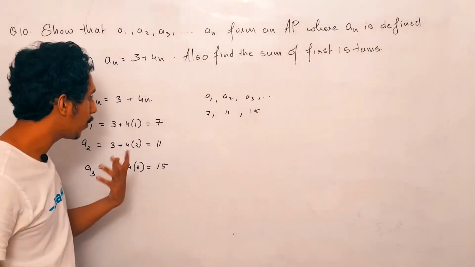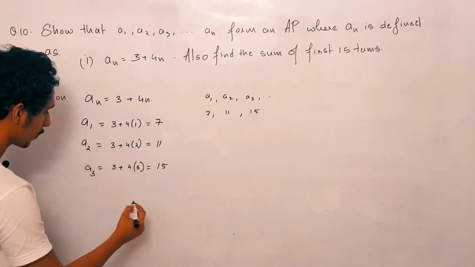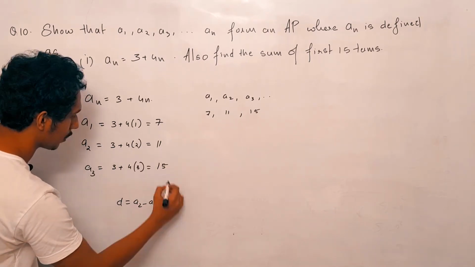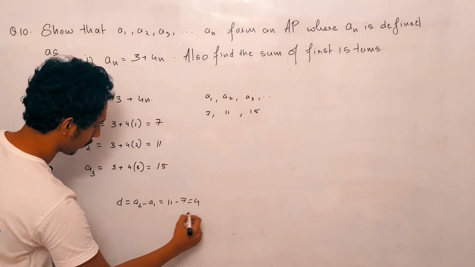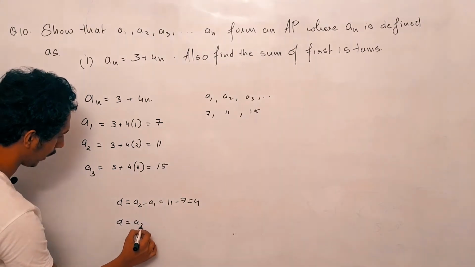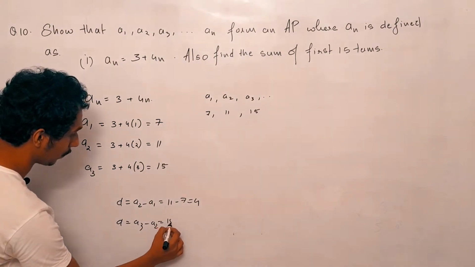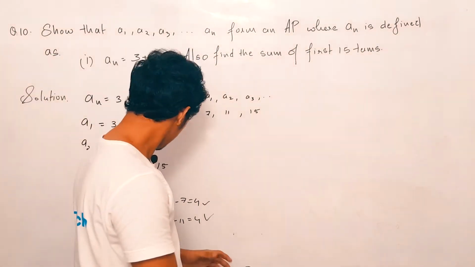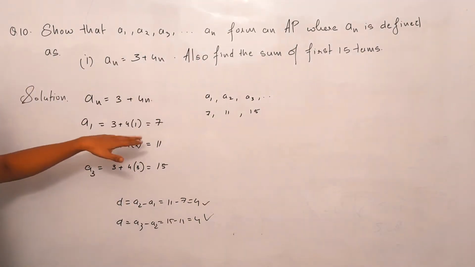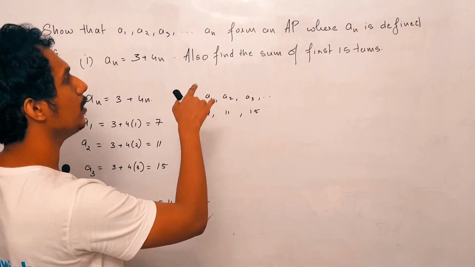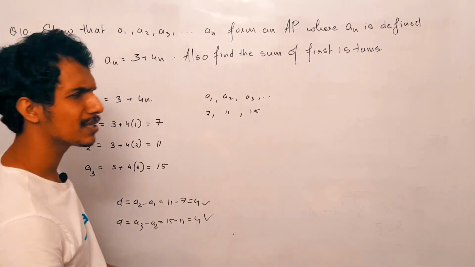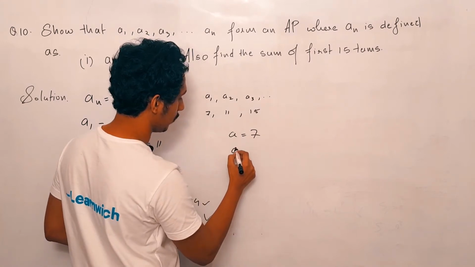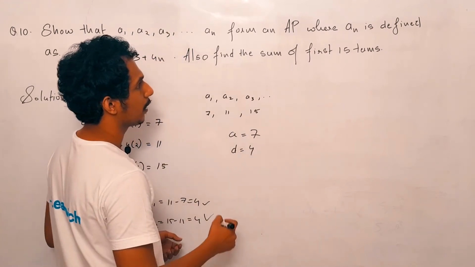Okay, how to show that it is an AP? Just find out the d here. d equal to a2 minus a1, which is 11 minus 7 equal to 4. And again d, you can find out a3 minus a2, that is 15 minus 11, that is also 4. Yes, it is an AP. No problem. Now what do you have to find out? You have to find out the sum of first 15 terms. So simple. Look at this. You have a equal to 7 and d equal to 4. Then you have to find out